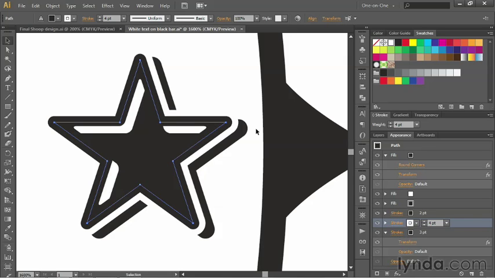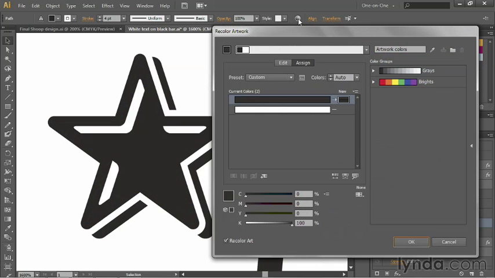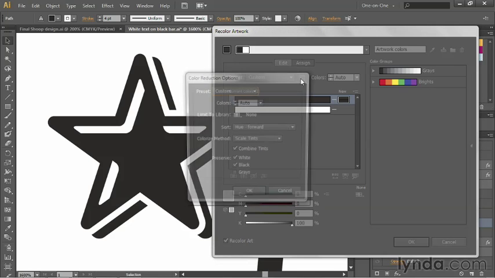Problem is, this isn't the color scheme I'm interested in. I want the stars to be red throughout, which could mean changing the color of 2 fills and 2 strokes here inside the appearance panel. But there's an easier way to work, which is to go up to the Recolor Artwork icon up here in the control panel and click on it, and then click on that little dialog box icon in order to bring